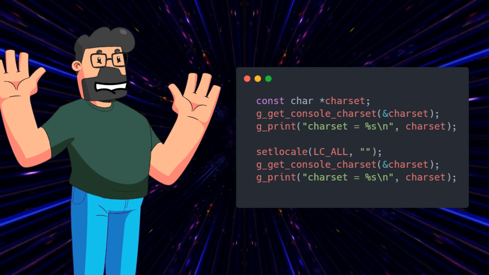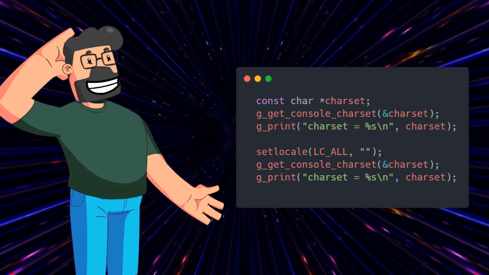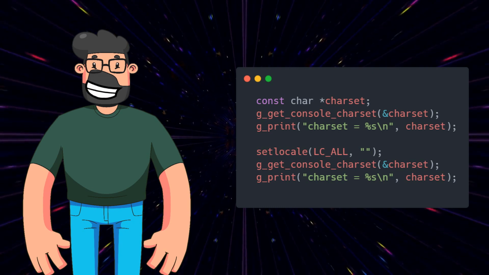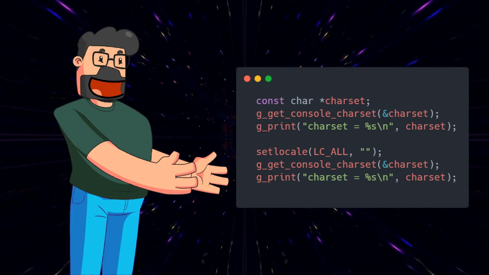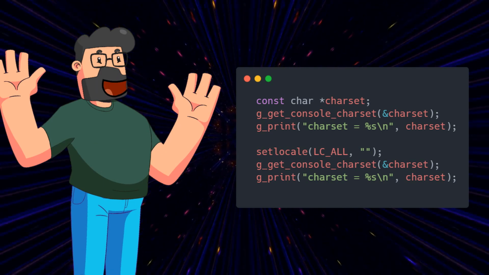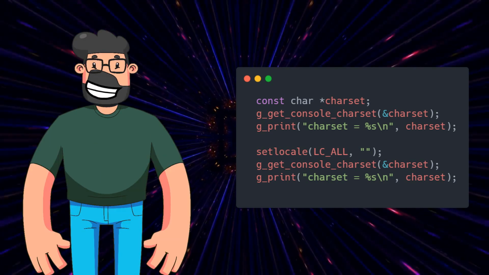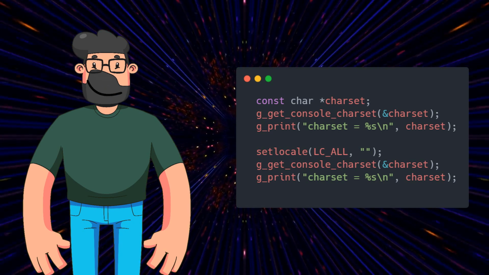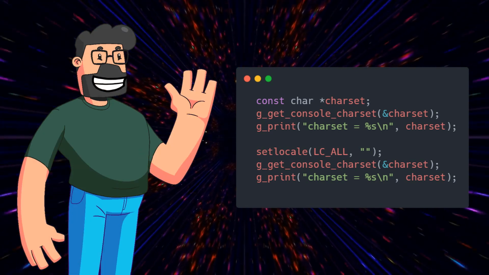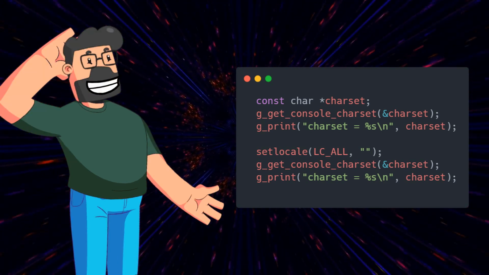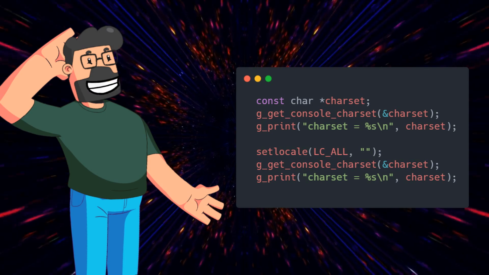Now let's shift our focus to the solution. As mentioned earlier, the key to fixing this problem lies in how the console handles encoding. By utilizing the setlocale function in our code, we're able to address this issue effectively. The specific code snippet highlighted here plays a crucial role in resolving the problem. By exploring and understanding the console charset settings, we can ensure that g_print functions as intended and displays the UTF8